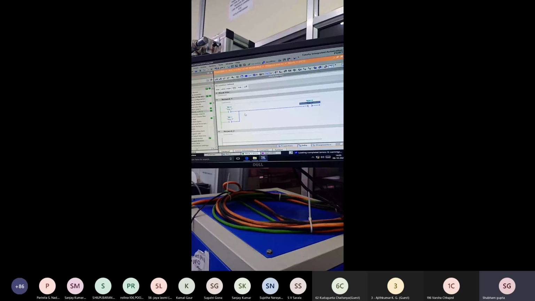Also for the power supply: we have one electricity supply and one inverter or generator, and when electricity is cut, if either the inverter or the power supply is on, the output gets on.